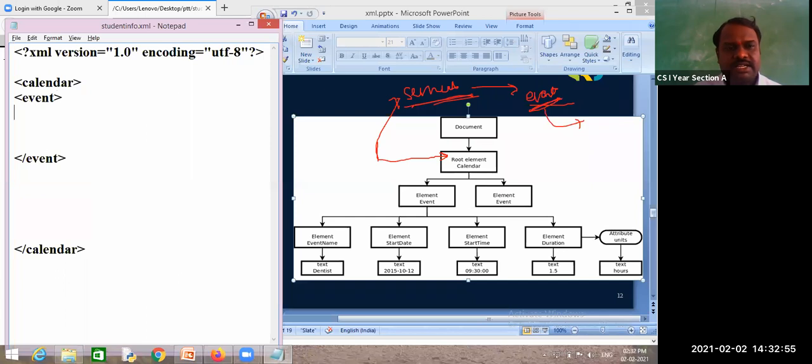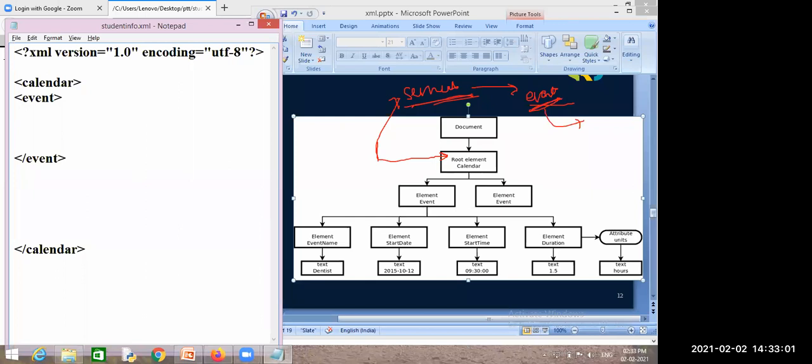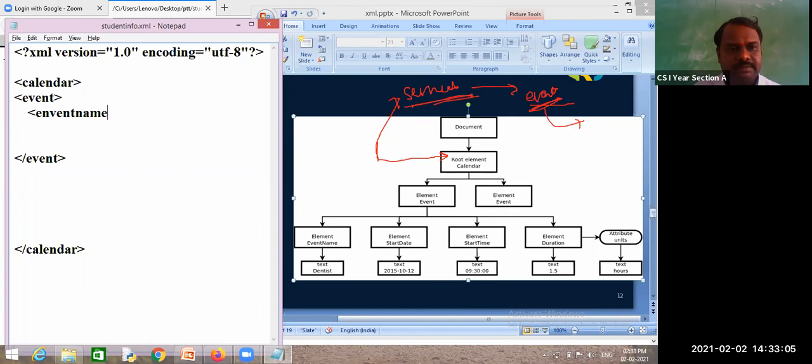So what are the events it has? What data is it maintaining? Event name, start date, start time, duration. Very good. Event name, and this is the closing tag of event name.